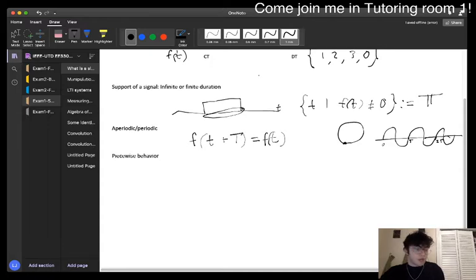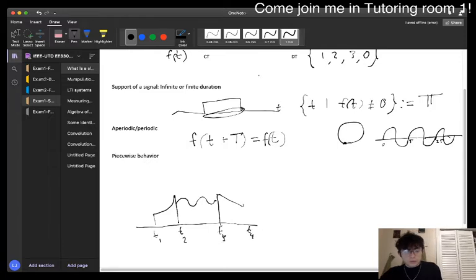Another thing that I'm going to talk about is something called piecewise behavior. Basically, we have some signal that's broken up into different types of behavior within different regions. Say we had this nice wavy curve, and we got this straight line. Notice that there's different behavior within different points in time, t1, t2, t3, t4. One way we might denote this, which I'm probably going to end up doing sometime in this review, is